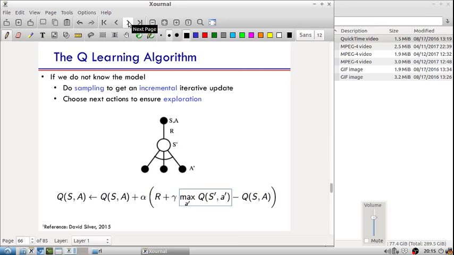Okay, so what I didn't tell you is how do I choose A, right? I told you if you choose A, update it this way, and keep choosing A, maybe keep choosing different A's, and hopefully you'll get the Q of A. But it's critical how you choose A. Actually, one of the ideas is to keep choosing A randomly. In every state, flip a coin. Whatever available actions are there, keep randomly picking. It works